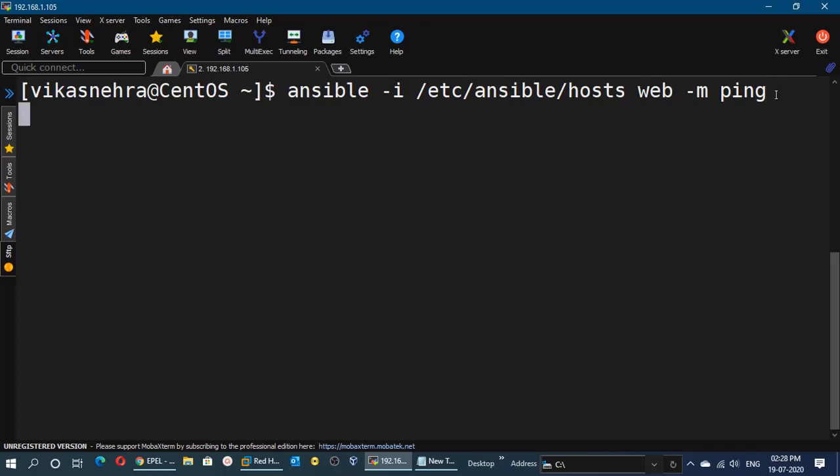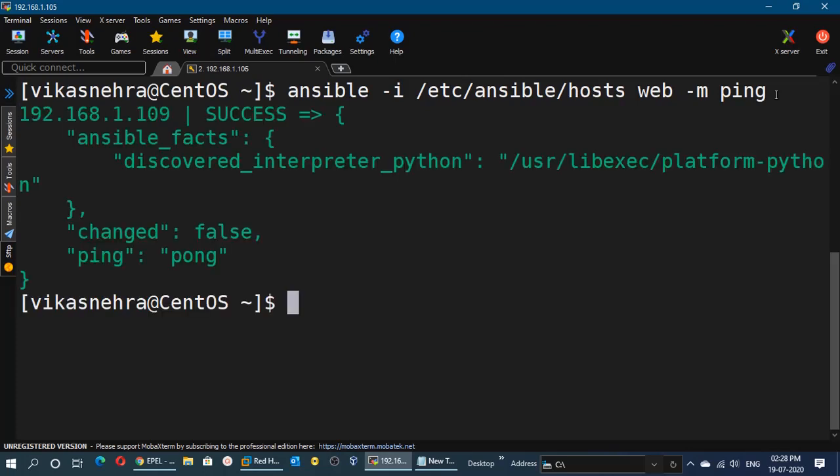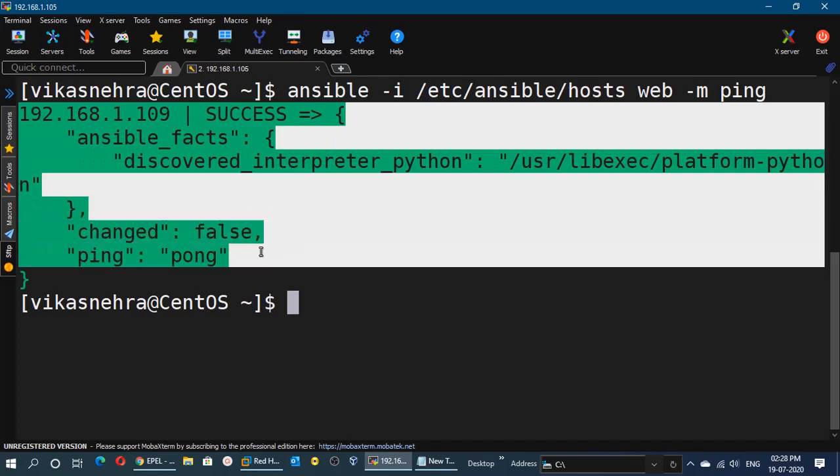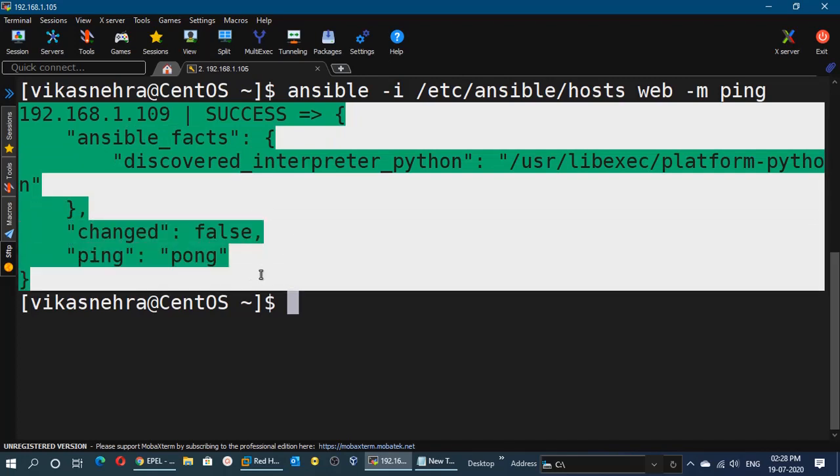Press enter. So this command will show you the output like this. If you get this output, that means you have correctly installed and configured the Ansible in your server. If you do not get this output, it means you have made any mistake and you need to recheck these steps.